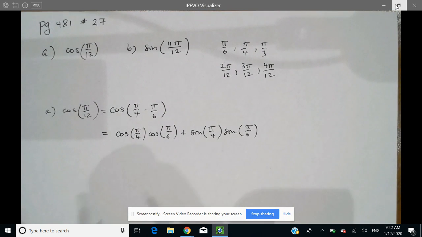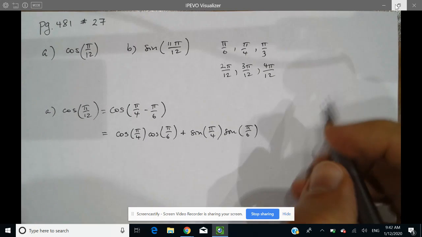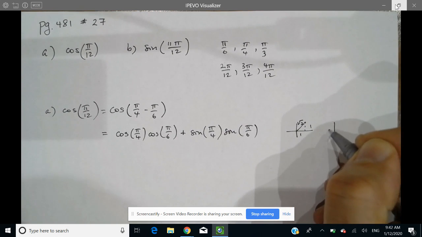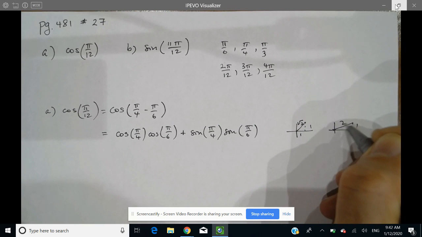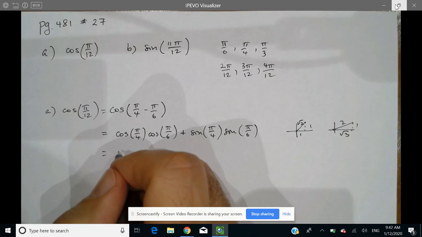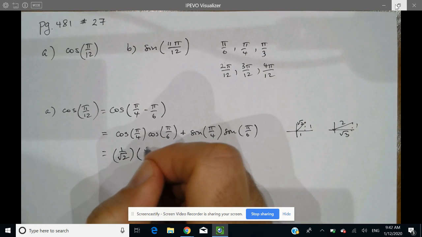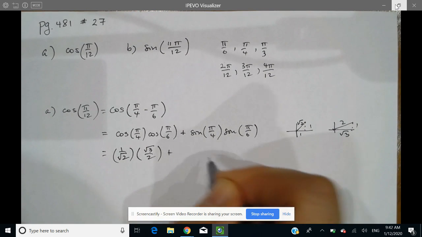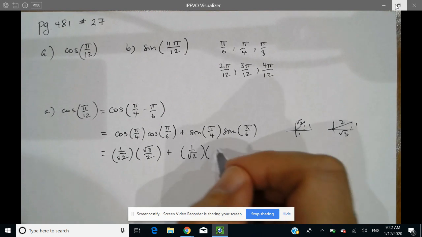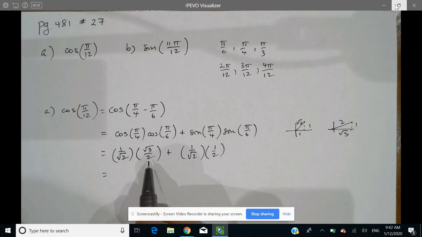Now these are all trig ratios which we can calculate. So I'll draw myself some little diagrams real quick. Here, pi over 4 is 1, 1, root 2, and then pi over 6 is 1, 2, root 3. And now from here, it's just a matter of sticking these in. So cos of pi over 4 is just 1 over root 2. Cos of pi over 6 is just root 3 over 2. Then sine of pi over 4 is again 1 over root 2. And sine of pi over 6 is just 1/2. We see here that we already have a common denominator of 2 root 2. So here we've got root 3 plus 1